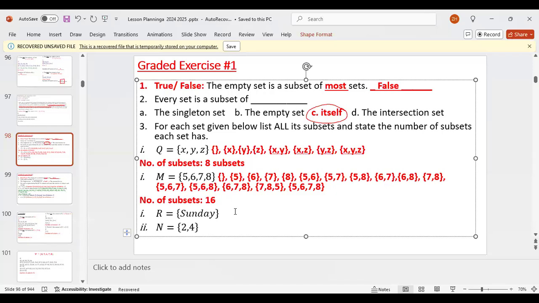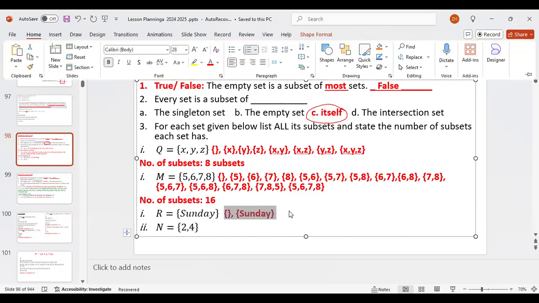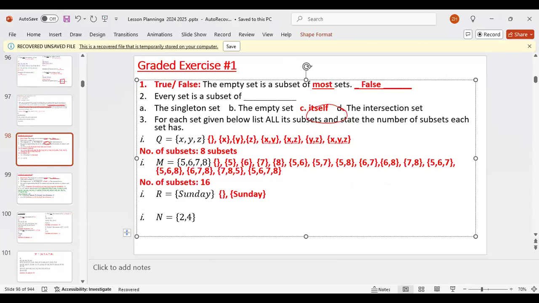All right, for this one, what do y'all have? Can I try this one? Go ahead, Jaden. So for the first subset, it'll be null, and then the second one would be the set itself. And what else? That's it. That one was such a hard one, Mr. Petit. That one was hard? I only put 2. That's my answer. I guess you're trying to be sarcastic. It's 2 subsets. All right.